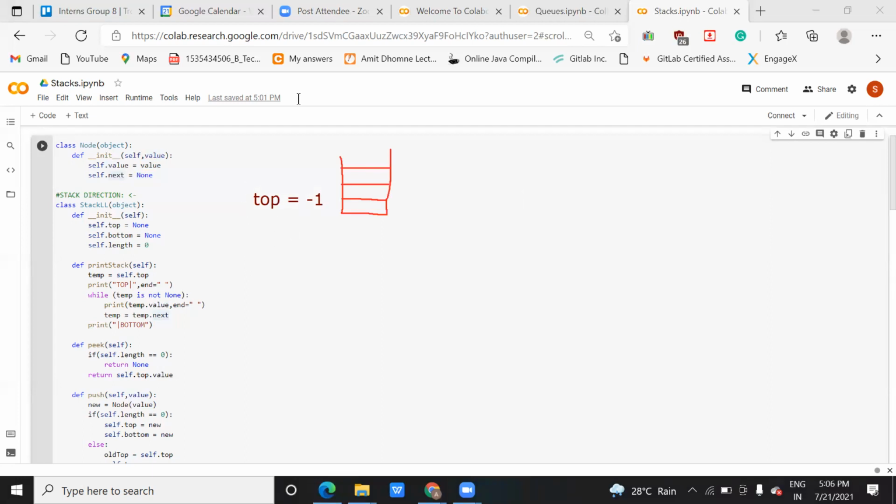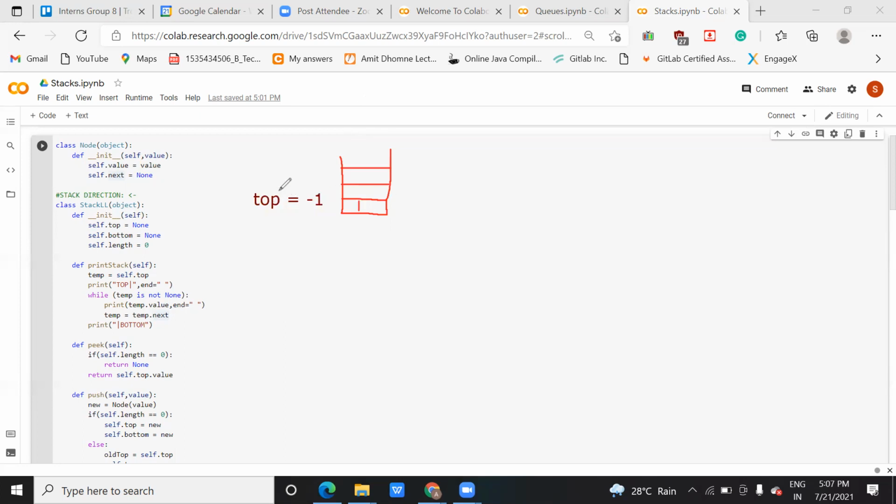As you insert any element here, for example you inserted 1, then your top value -1 plus 1 will become 0. You can say -1 also, meaning it doesn't have any element, or you can say top is equal to null, meaning the top pointer is pointing to no element, because when you don't have any element on the stack, obviously the stack is empty, right?